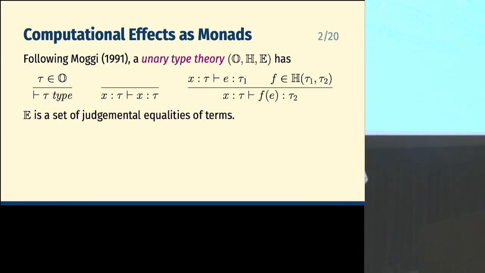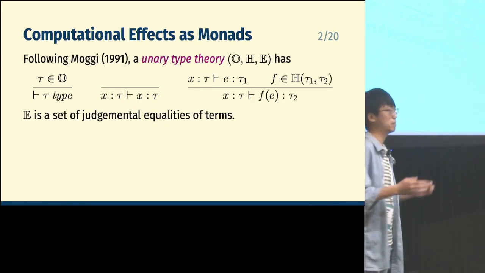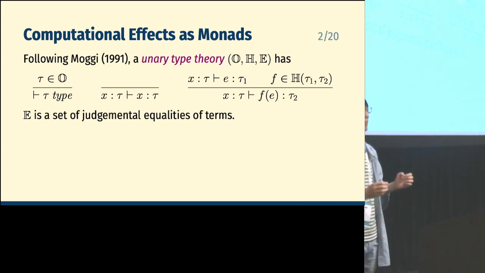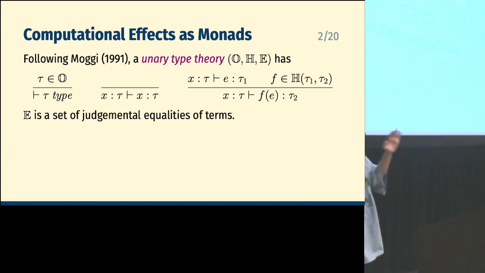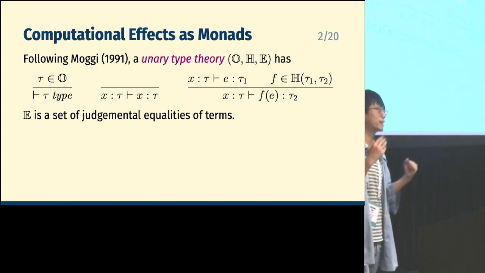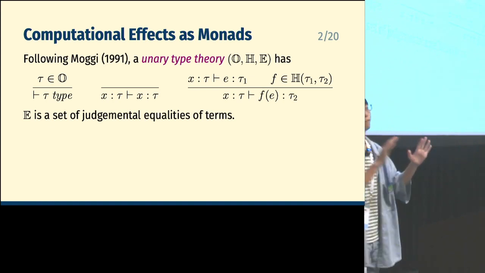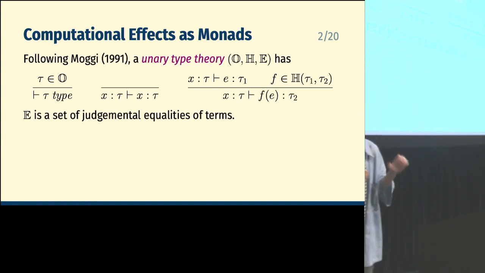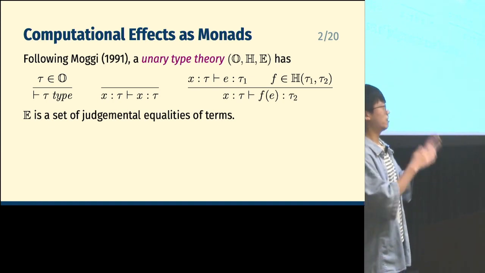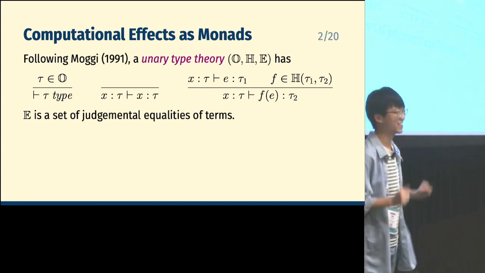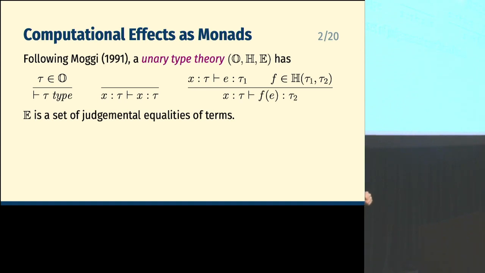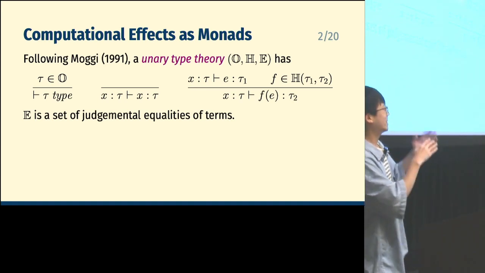35 years ago, Eugenio Moggi pioneered using monads, a concept from category theory, to give semantics to non-pure features in programming languages. This is the starting point for us today. But let's first review what a monad is. Some of you may instinctively tell us a monad is a monoid in the monoidal category of endofunctors with composition. That's exactly right. But today, I'm going to do it in a slightly different way.